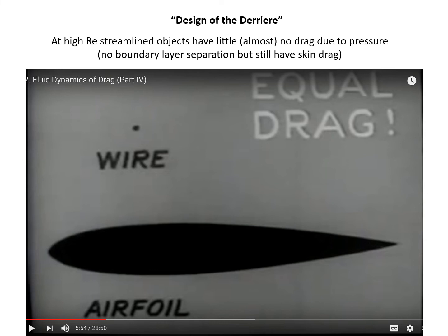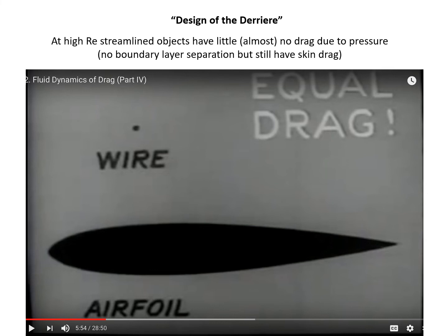This makes a tremendous difference. So this is from one of the movies I asked you to watch, the very last one, at about 5 minutes into the movie. The scientist does an experiment where he puts this airfoil into a flow and measures the drag, the resistance to flow,